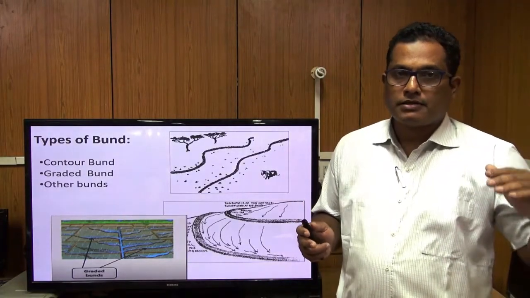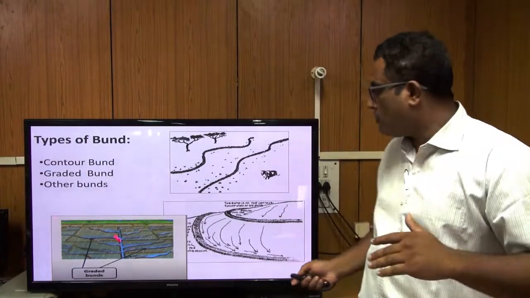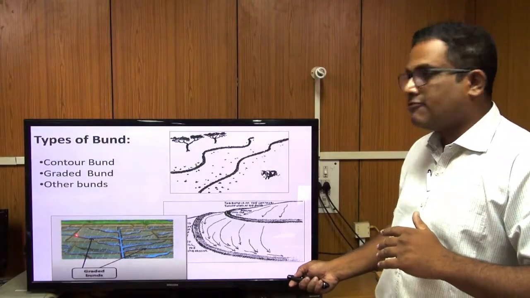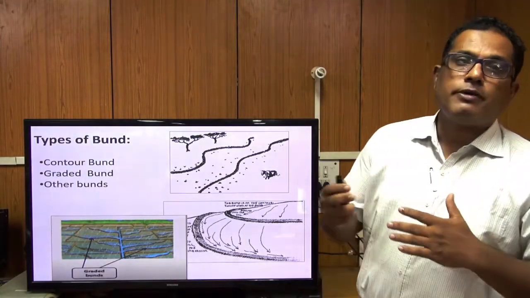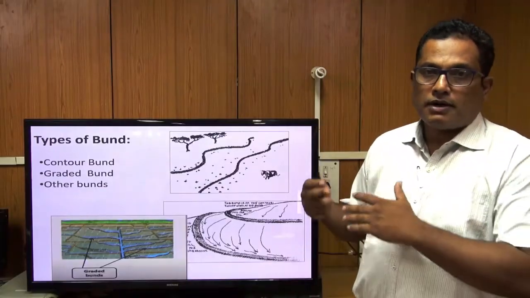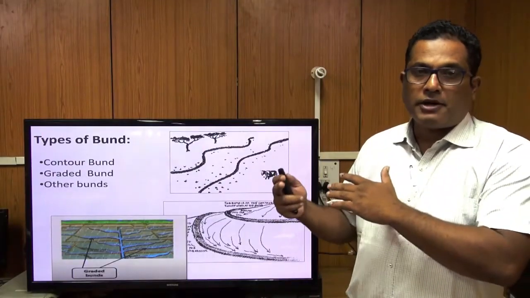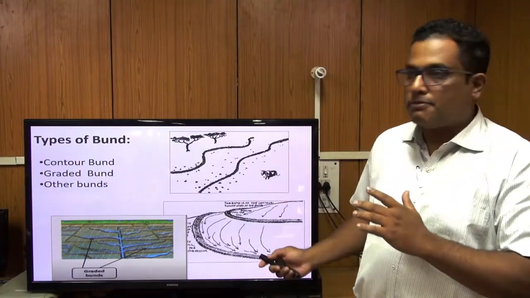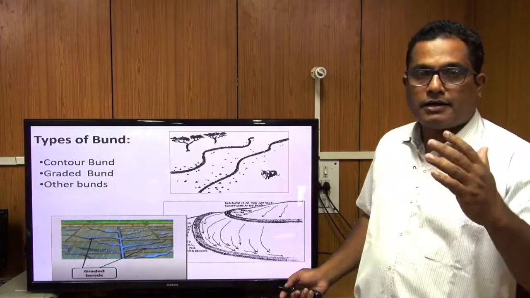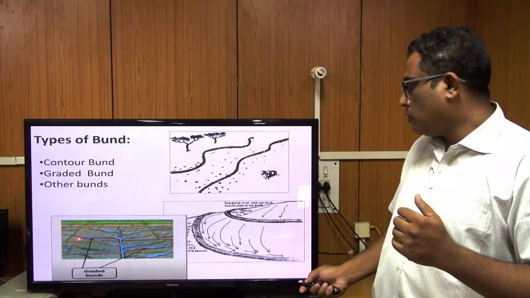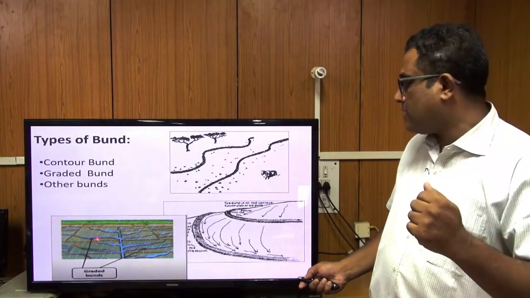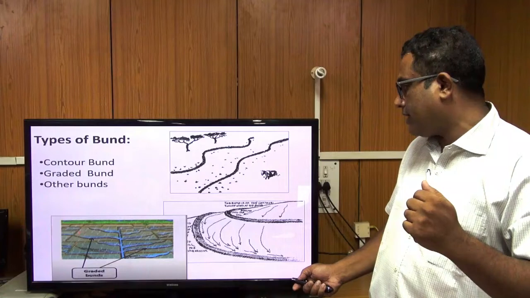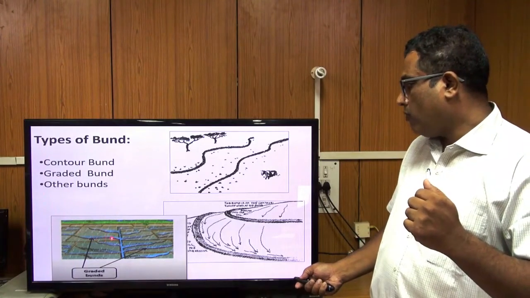Gradient means some slope. You give some slope so that the excess water, which the bund would not be able to handle, or which exceeds the design dimension we have designed for this bund, will not create too much water pressure. To take care of this, a grade is given so that the excess water will flow to some